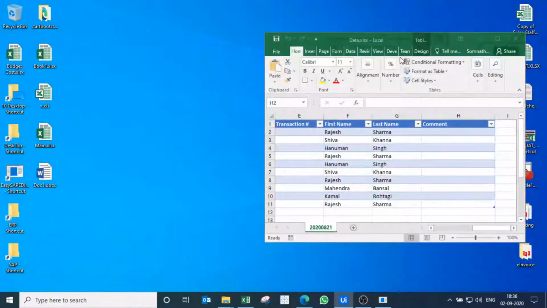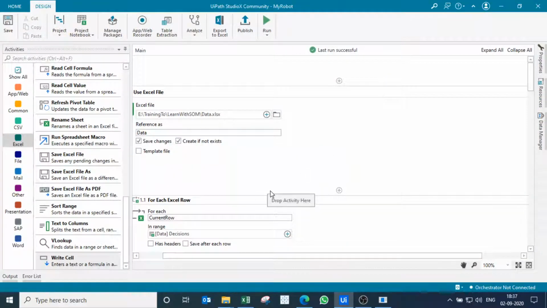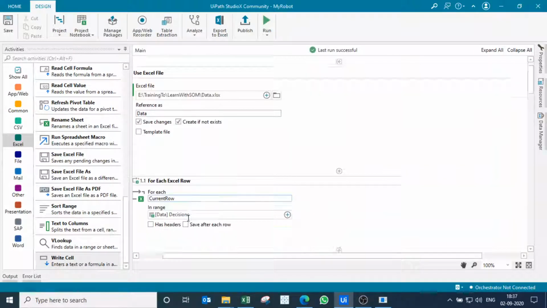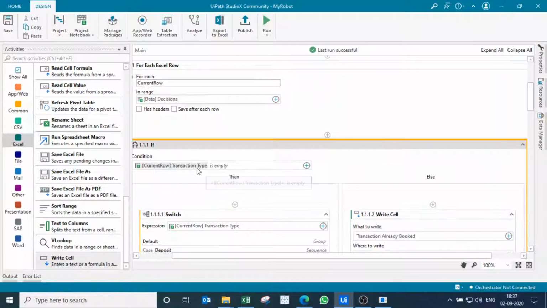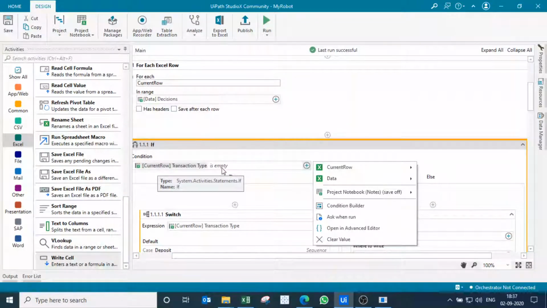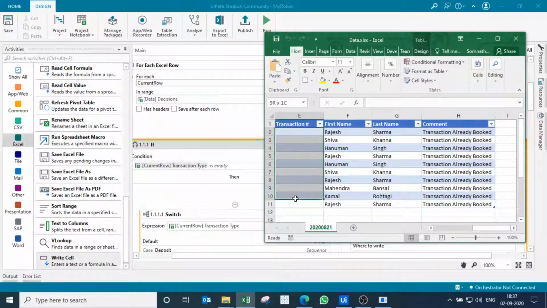I have run the debugger or the application. Now I can see, now you can see that I have made a mistake. You can see that I have evaluated the transaction type rather than the transaction ID.